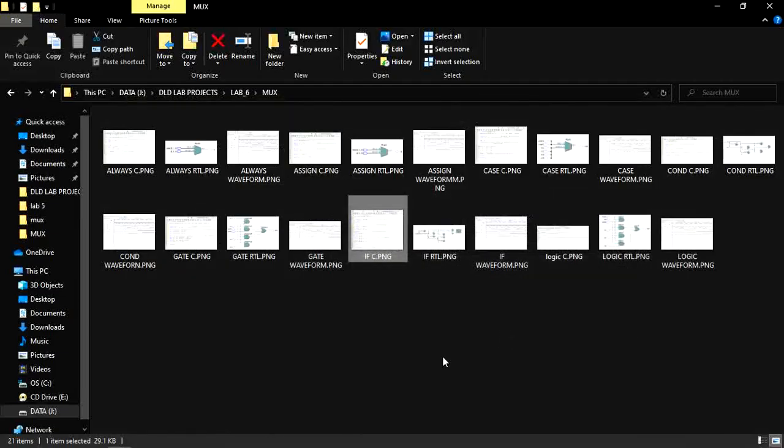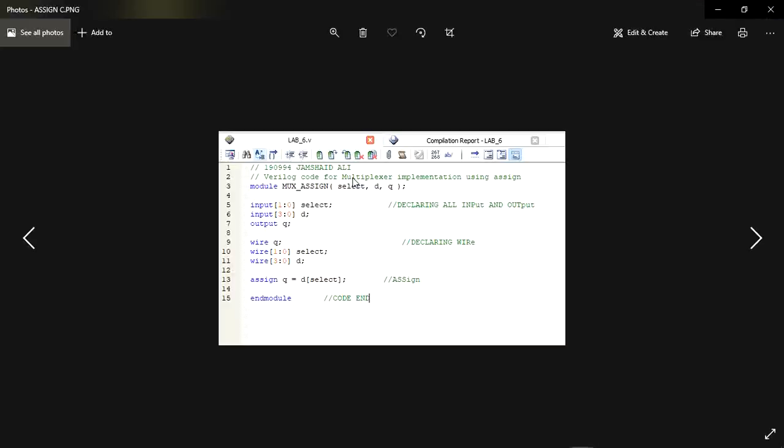So now we are moving towards another statement, which is the assign statement. First of all we have to declare its Verilog code. Here we also have to declare all the inputs and outputs, and after giving size to all the inputs and outputs, we declare the wire, which is given as the length of the selection lines, and assign the operation to get the output.